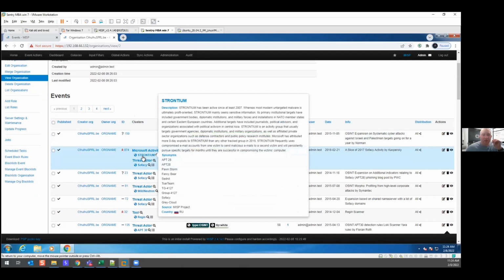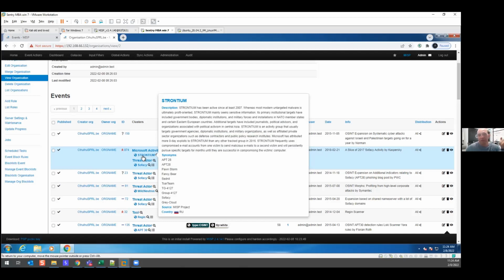So you have all the details, all the synonyms of this APT group, and the attributions that different companies gave it. So it's an aggregation of multiple companies, because one company, FireEye, will call it APT 28, and F5 will call it Pawn Storm or Fancy Bear, and it's one place that gives you the naming convention.